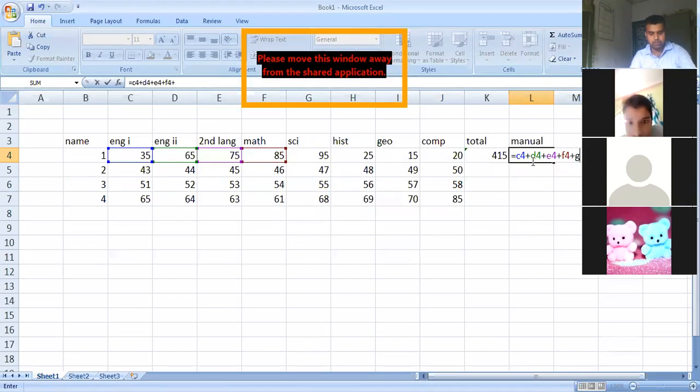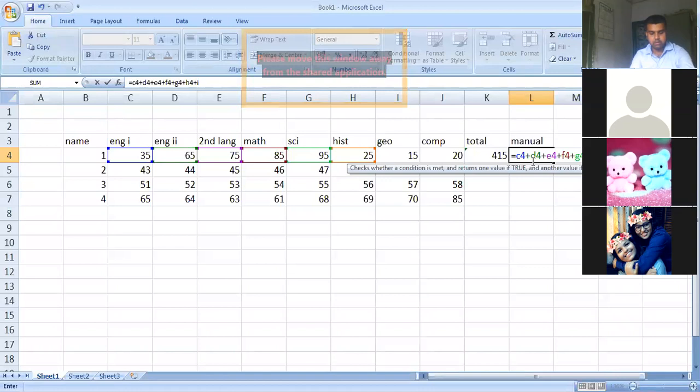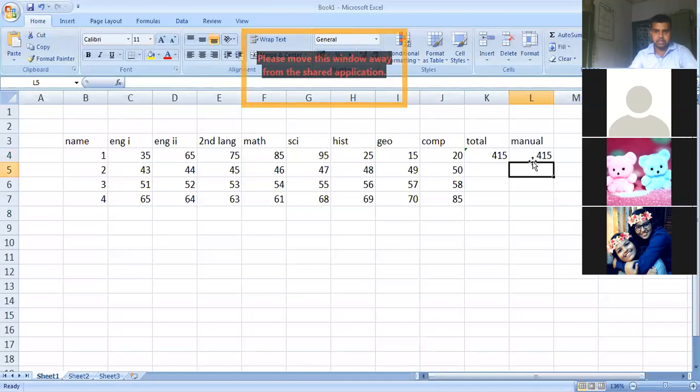Plus G4. 95 is selected. Plus then you have H4 next. H4 is selected. Then I4. I4 is also selected. Next J4. J4 is also selected. Okay. Now we will press enter. See, here also 415 is coming.